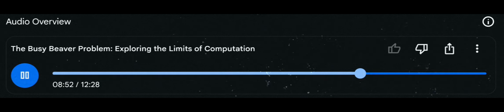What does this all mean? Why should we care about this Busy Beaver problem? It's like we've been staring at this deceptively simple problem, this Busy Beaver, and it's suddenly become a window into some of the deepest questions about knowledge and infinity and the very nature of what we can know and compute. It really highlights how interconnected these big ideas are. You start with a simple question about Turing machines, and before you know it, you're bumping up against the limits